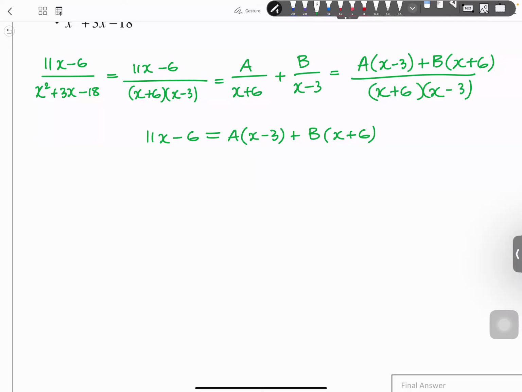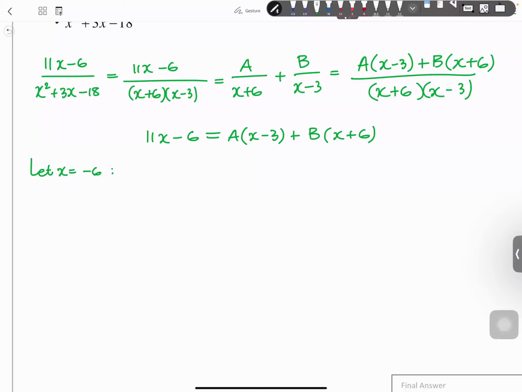I need to choose some values for x that are going to allow me to solve for A and B. I get to choose any values of x that suit me. What would you like to plug in? 3 and -6. Those are called the annihilators. You don't have to use those. You can use 0 and 1, but if you use the annihilators, it's just going to make the calculation so much easier. So I'm going to say let x be equal to